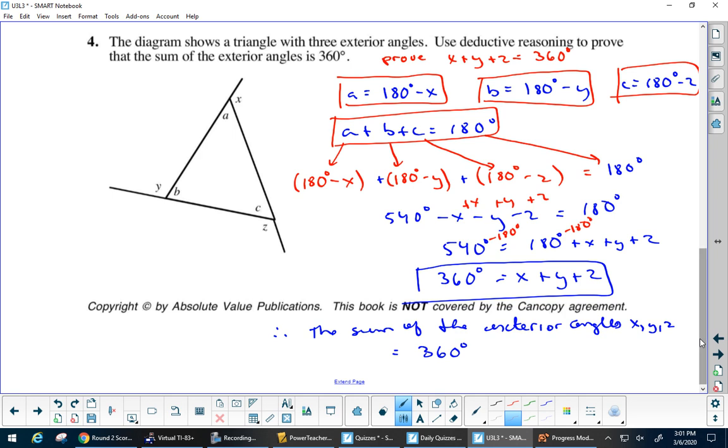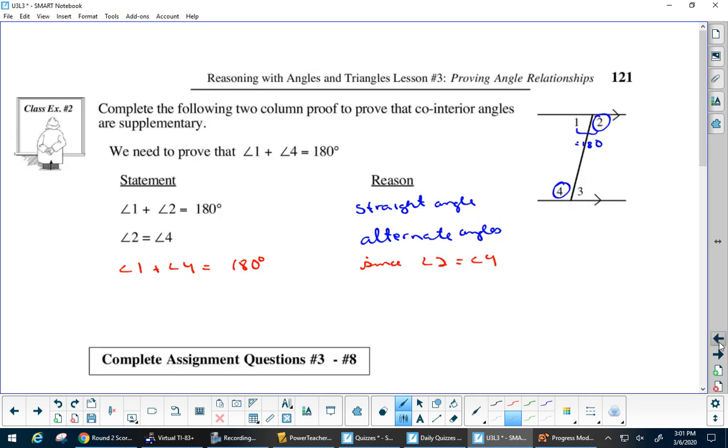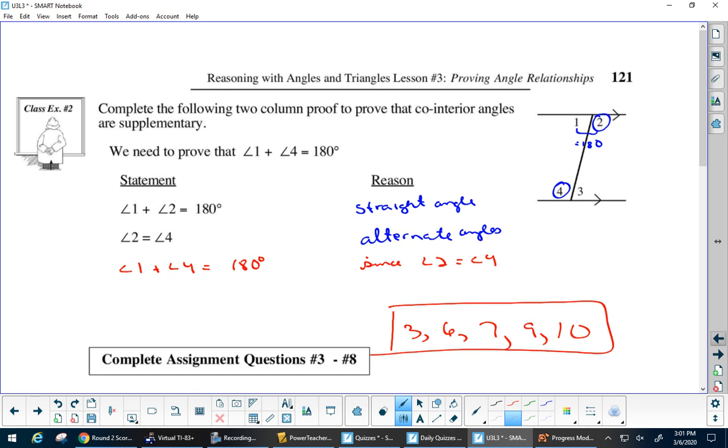Okay, so you're working on, if we come back here, 3, 6, 7, 9, and 10. So again, some people, proofs are like a fish in water, right? They're just like, oh yeah, those make so much sense. And some people, they don't like the logical, right? And it's that part of the brain we've been working on by doing all those problems. And the last 2 units, let's face it, it's all on that deductive reasoning, right? Prove it, right? And it's not as easy as you think.